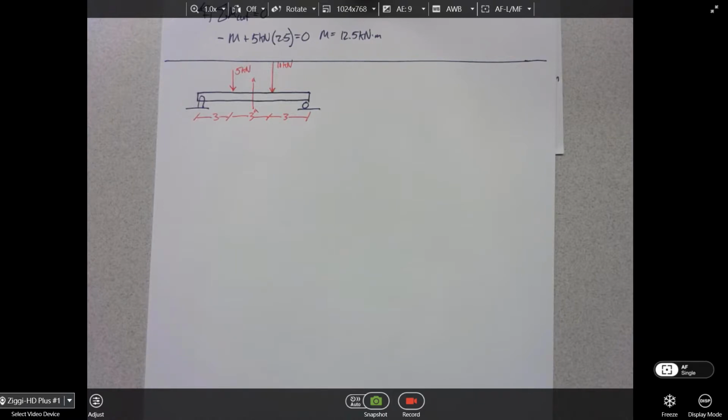But before we do that, what do we need to do? Reactions. Right, Sierra. Always solve for the reactions to start with. Okay, so why don't I pause, and I'm going to let you solve for the reactions just so you get your practice at it. I know you can do it, but let's see it.